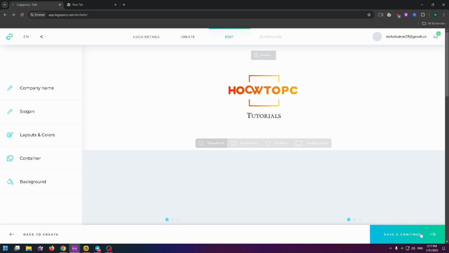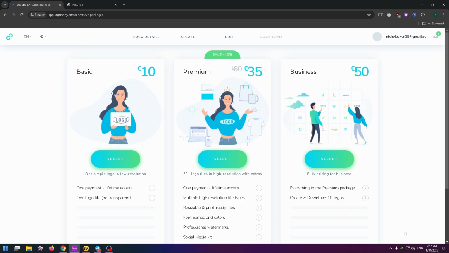Okay, and if we want to save it, let's click on it. Oh, and as you can see here, we can get it for 10 euros. If you really like a logo, you can buy it easily on this service. So it was a really short tutorial about how you can create a logo on this website, Logopony AI website,